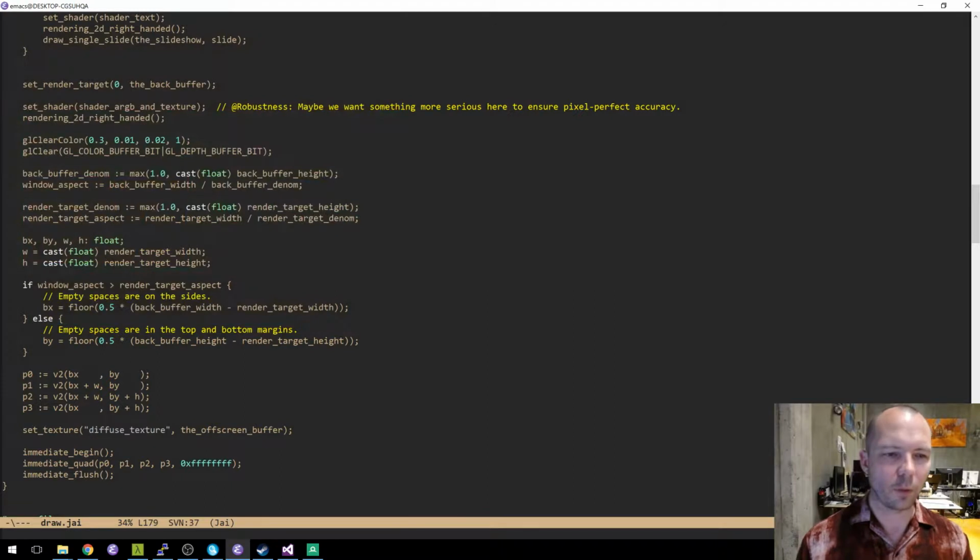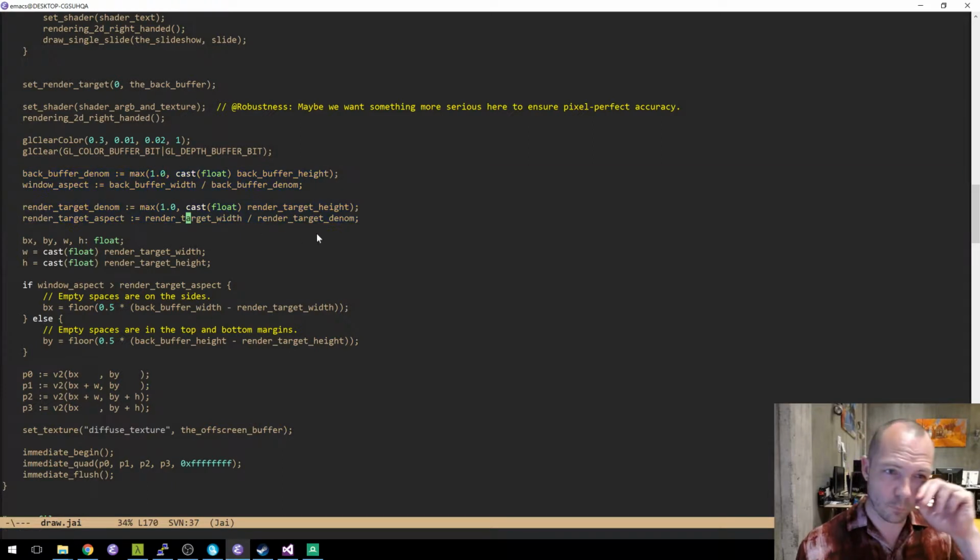Regardless, okay, so let me try and make this a little bit more correct anyway. So we don't actually need this logic here. We need this somewhere else. We need to know this when we're sizing the off-screen buffer.